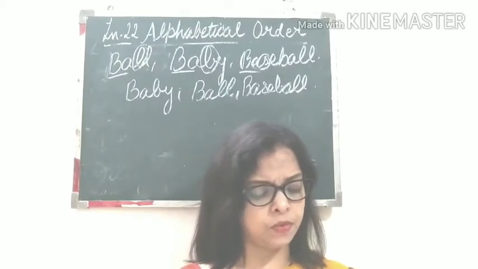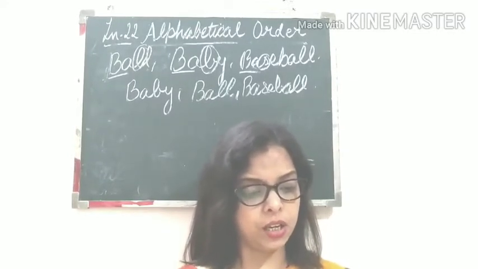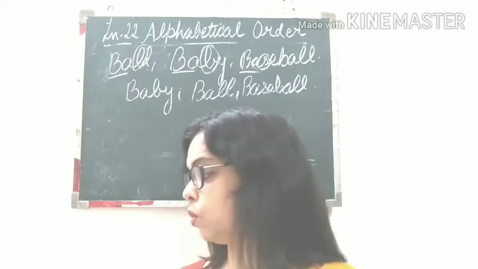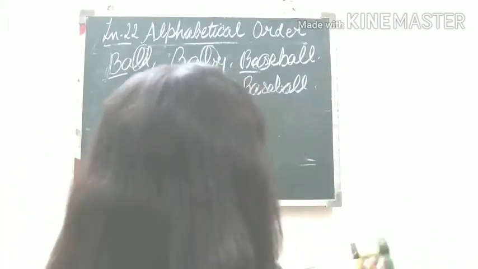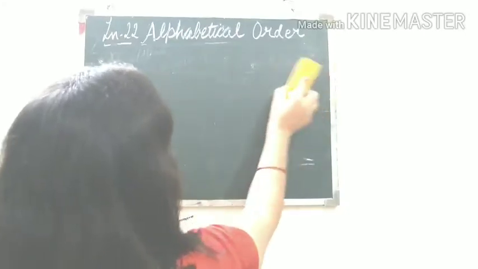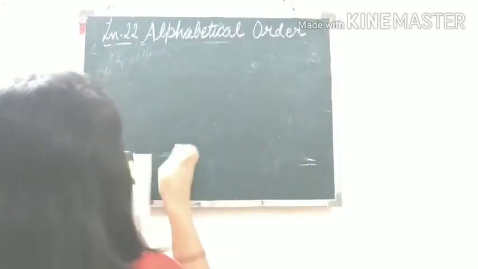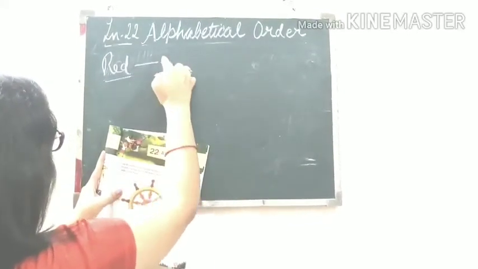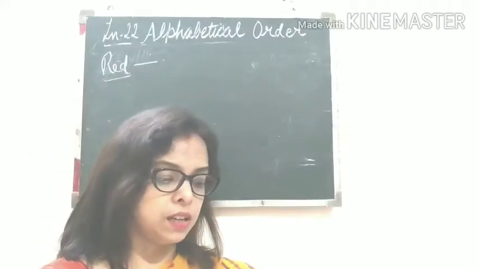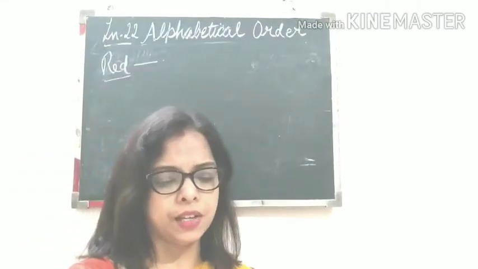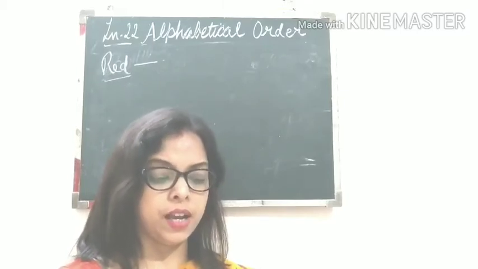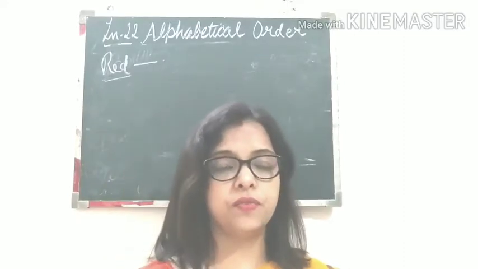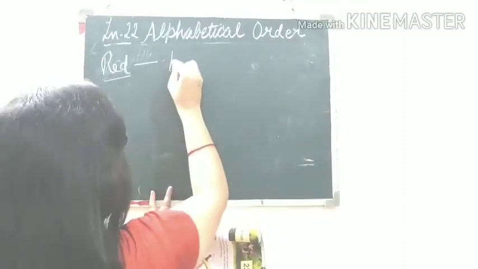So first see the names which are written in red color. So we can see Sejal, Zain, Varun, Harsh. So these four names are in red color. So tell me which alphabet comes first. That will be the first word. Here first we will see the names in red color. So here see Sejal S, Z comes at the last, we know, Varun V, and Harsh H. So H comes first, A, B, C, D, E, F, G, H. Okay, so H comes first, so we will write Harsh. So first you write Harsh.